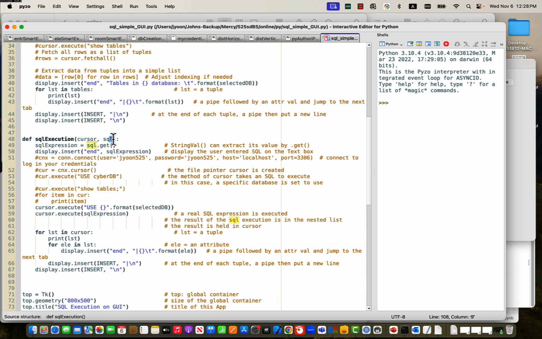That SQL variable, we need to get the value, and then we call it SQL expression. We list that here, and then use the given database. We need to make sure that it is in that database, and then execute this SQL statement. And then the cursor again points to the list of the result. Then for each row in the returning list, then we